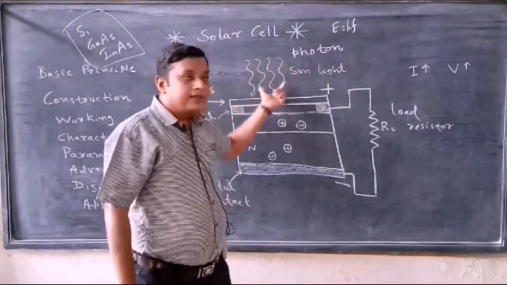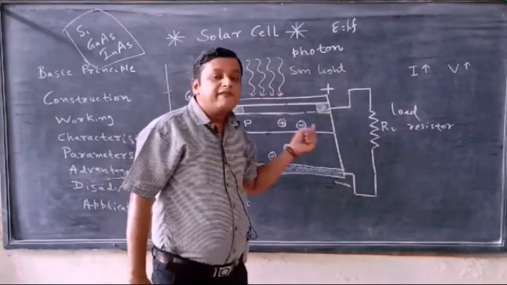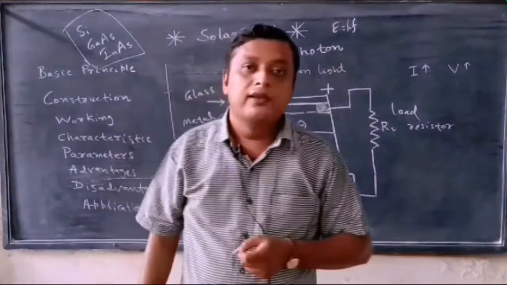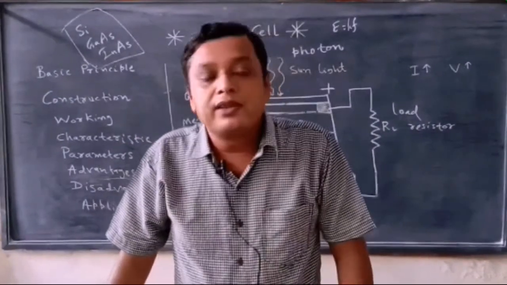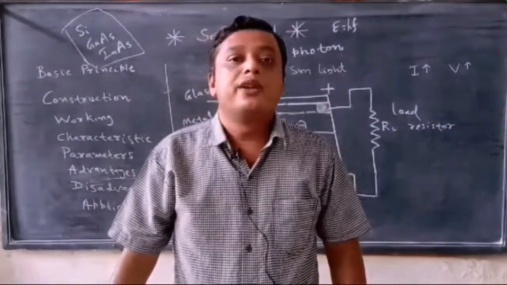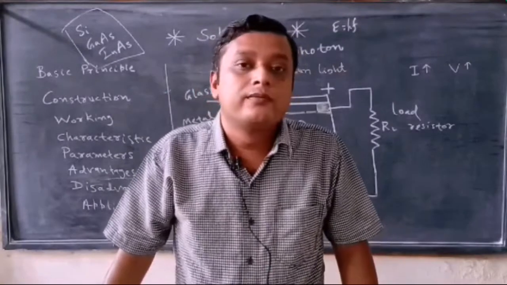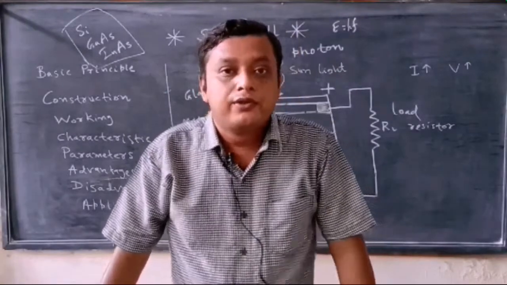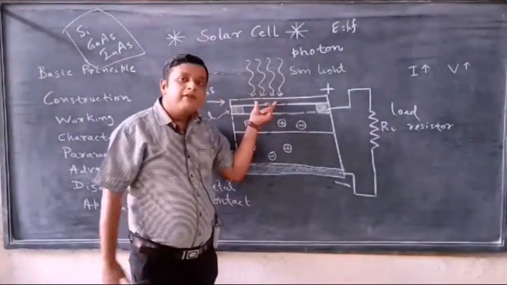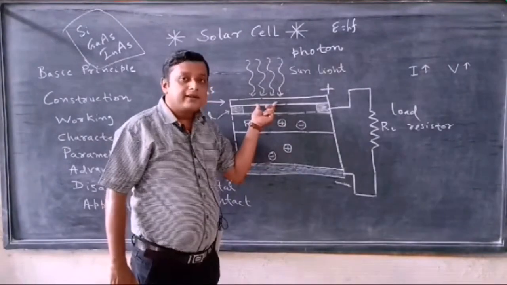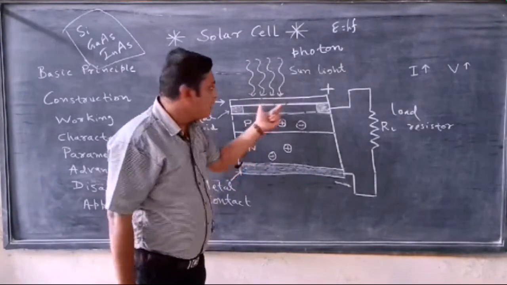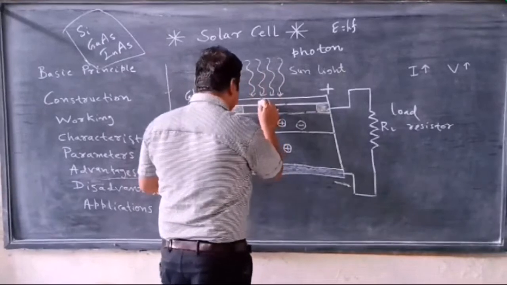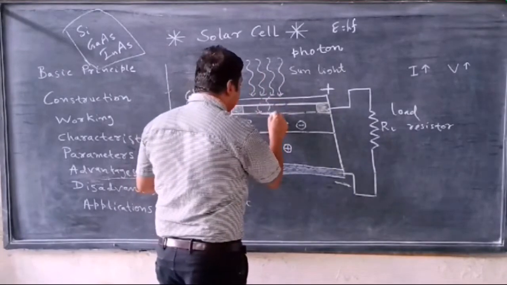So this light energy is falling onto the glass, and we are using a transparent glass. So the transmission coefficient of this glass is much greater compared to the absorption coefficient or reflectance coefficient. So the maximum photons, maximum light that is falling onto the glass will be transmitted to the cell.